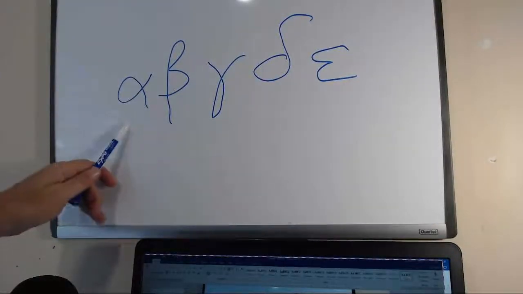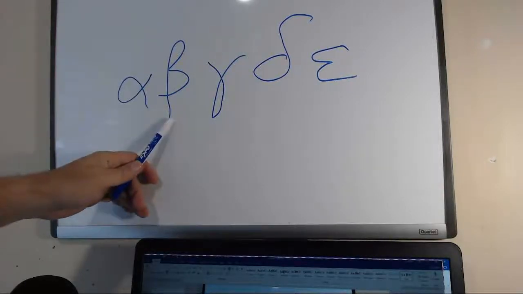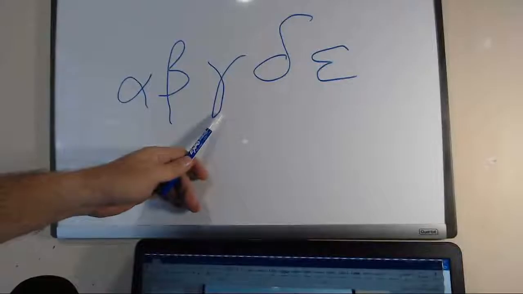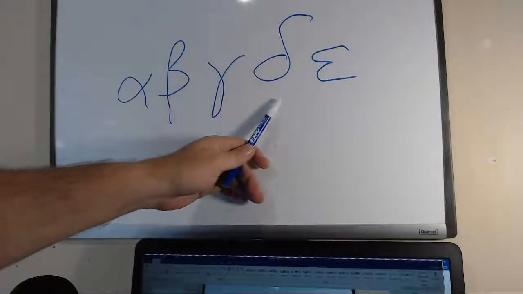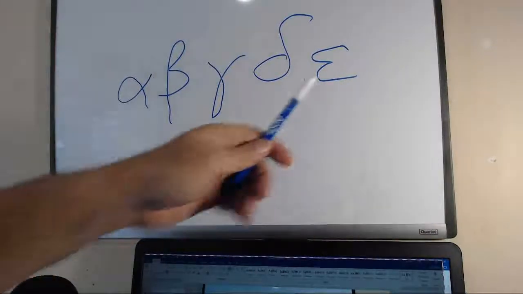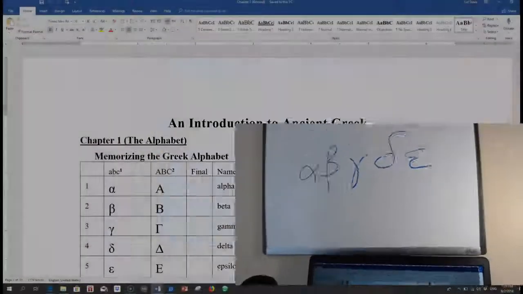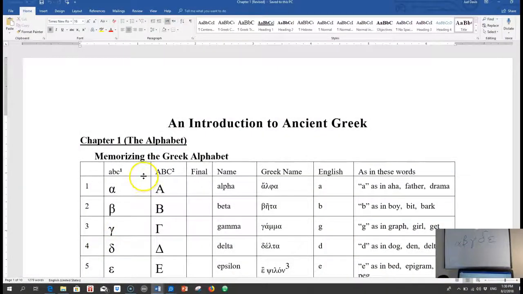So alpha is the sound, alpha. Beta is just our B. Gamma is a hard G. Delta, where we get the word delta from, and epsilon. So those are the first five, and when we look at these,